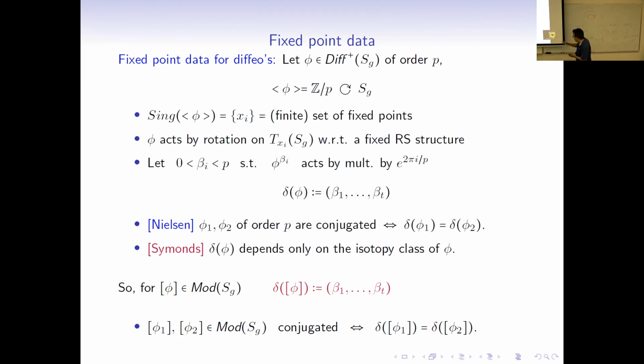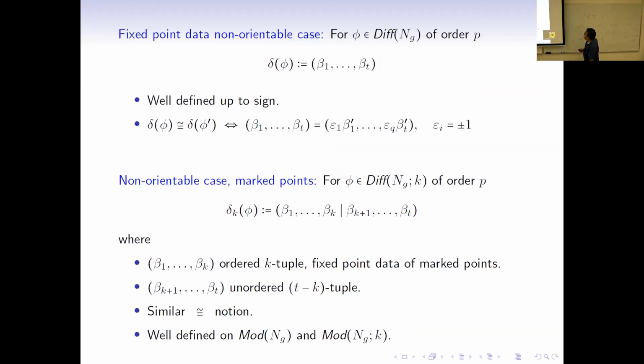And in the mapping class group, one also knows that 2 elements are conjugated if and only if the corresponding fixed point data agree. So we can do that for orientable surfaces with marked points, and we can pass to the